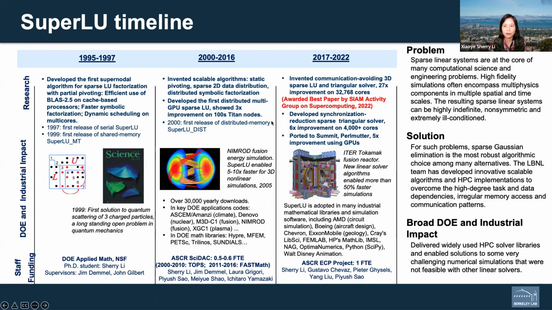And the funding level for these 10, 15, let's say 15 years, is actually not very high. It's about equivalent to half an FTE. So it's a fraction of me, and from time to time we have students, summer visitors, etc. contributing. And then starting ECP was really good. What is good is that we have concentrated funding, equivalent to about 1 FTE with multiple people. We can focus the work